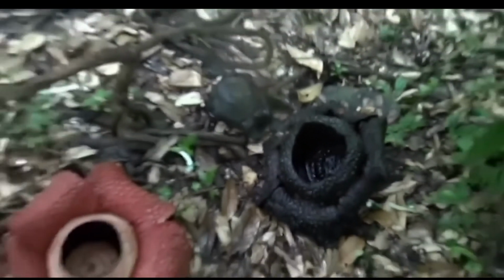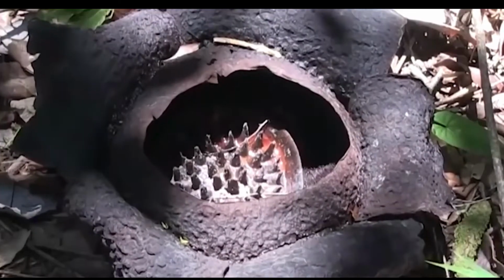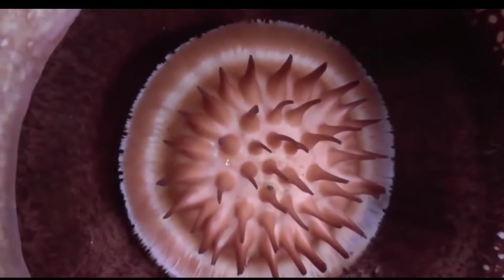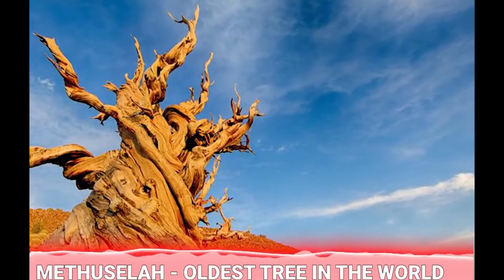The Rafflesia arnoldii seeds are difficult to germinate, and its parasitic properties mean it's at the mercy of its host plant. This is a dangerously cavalier approach to life, because without the vine, it's